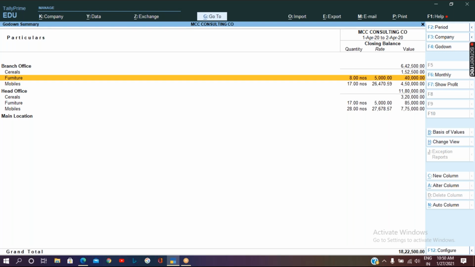So what are the ways we can get the stock into the business? How did I get these 8 numbers or 17 numbers into the business? By passing which voucher was I able to get the stock into the business? Purchase. Very good. Okay. So now I can purchase two numbers of furniture, that is a table, for the branch office.